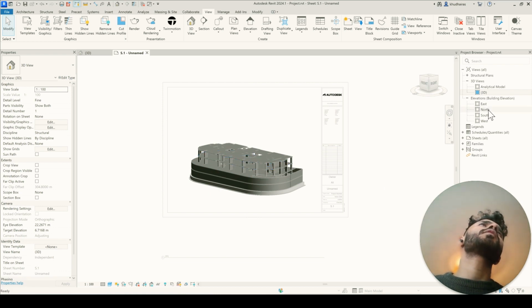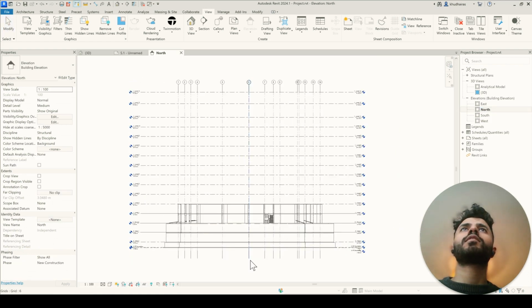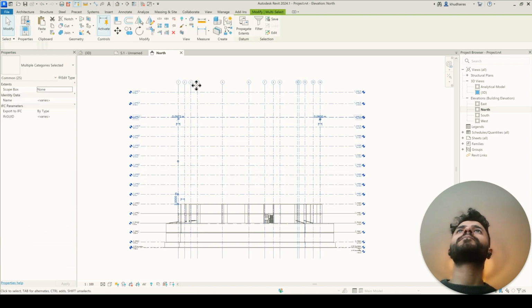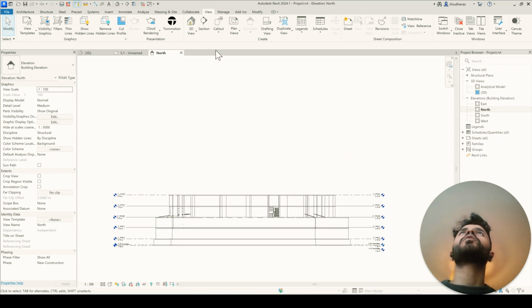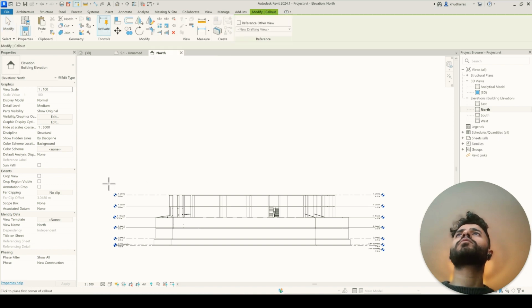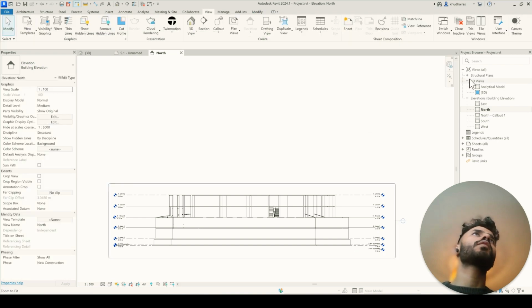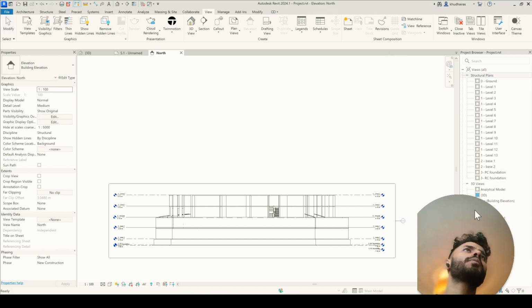I also can, for example, I go to the north, and as you see here in the north, I have this. This is my view. So if I hide this part here, hide this one, so I can do a call out, or I can do a section, rectangular call out, I can do like that. And as you see here, that call out will be added as a part of the